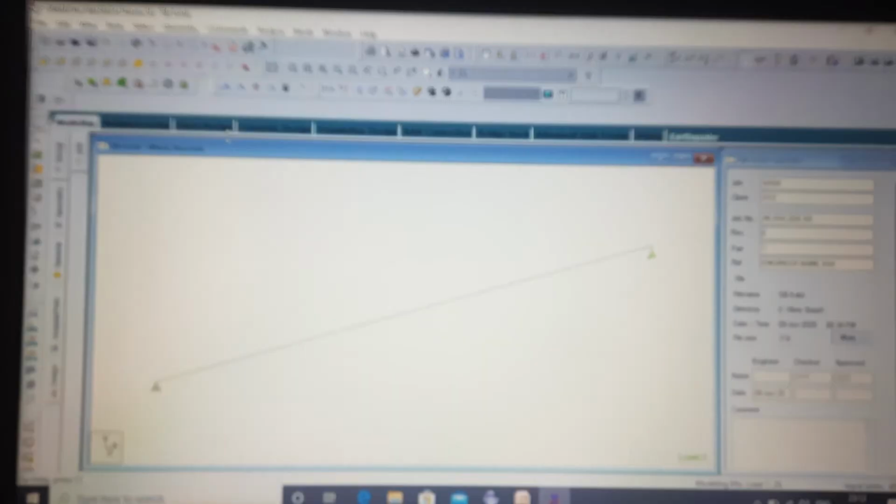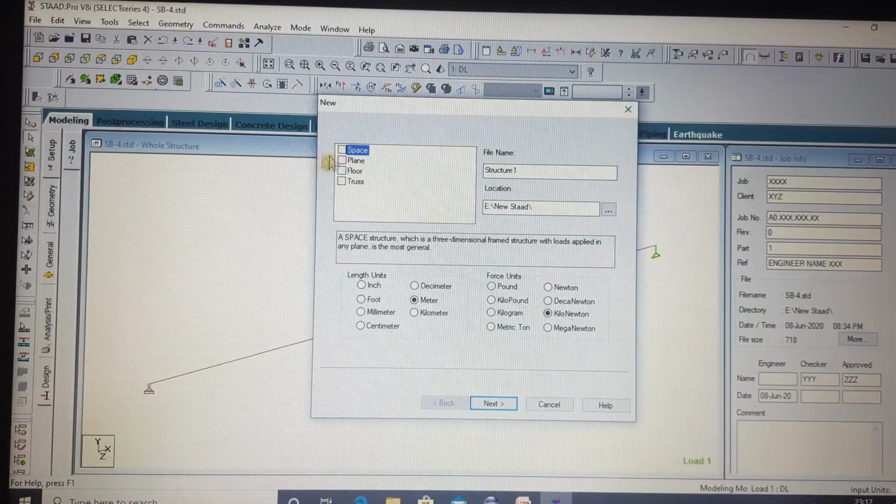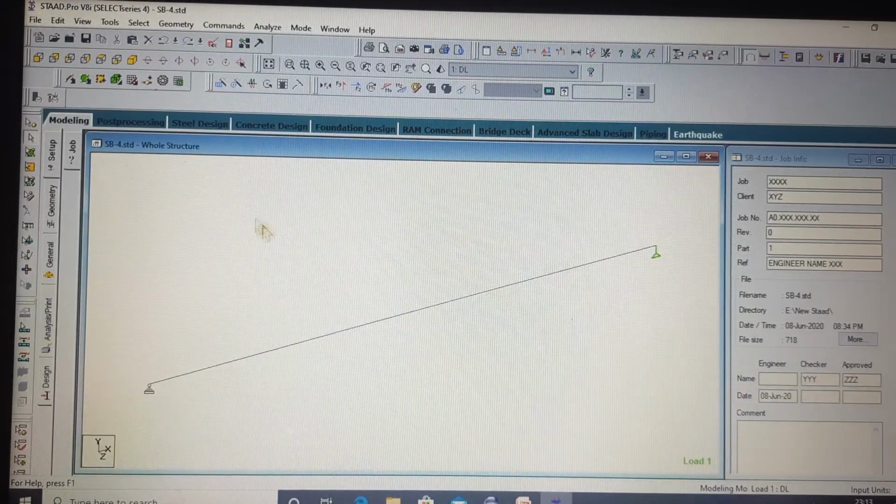If you click on this file and then on the new button, you will see this window, which allows you to choose the specific environment in which you want to model a new structure, give a name to the structure, specify a folder for the structure, and specify the length unit and force unit for the structure. I have explained it earlier. So this is the same button, nothing new. I'll explain the next button.